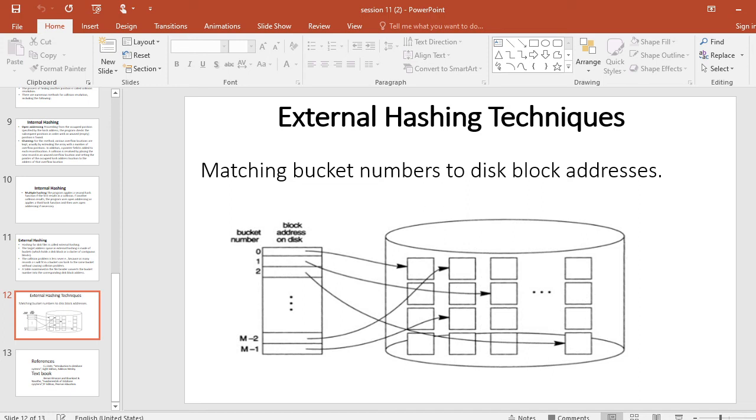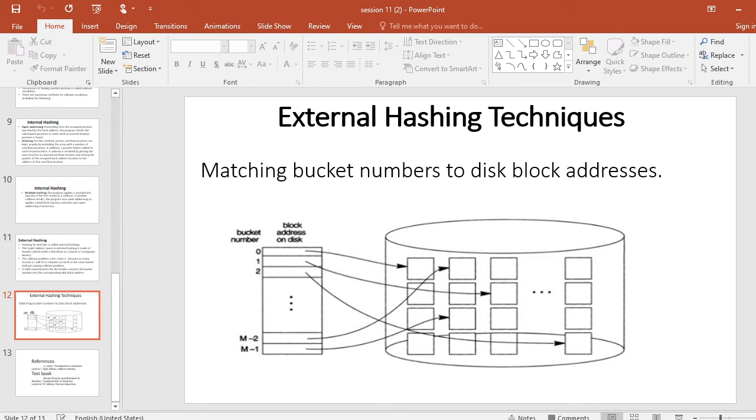To retrieve a record with hash key value k, the function h_i is first applied to k. If h_i of k is less than n, then apply the function h_(i+1) on k because the bucket is already split. When n becomes m, this means all buckets have been split and the hash function h_(i+1) is applied to all records in the file. Then n is reset to 0, and any new collision that causes overflow leads to the use of a new hashing function h_(i+2) of k equal to k mod 4m, and so on.